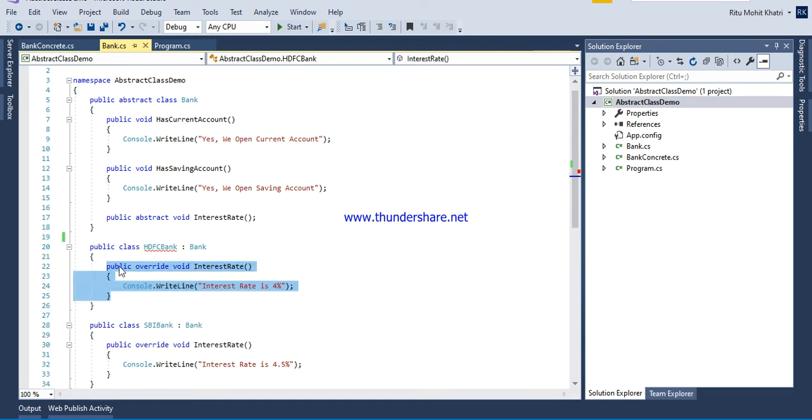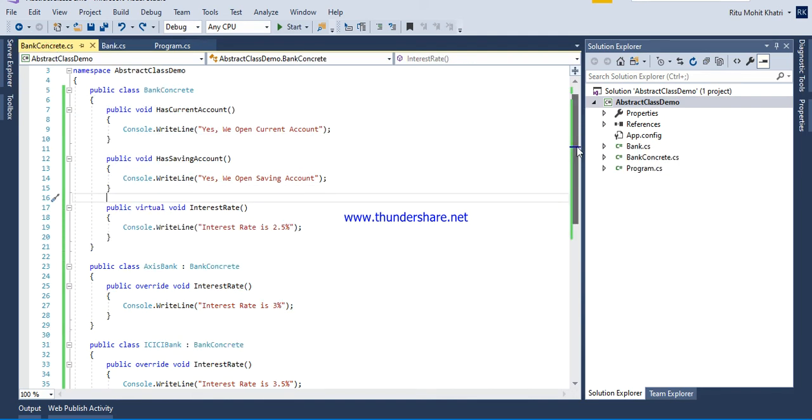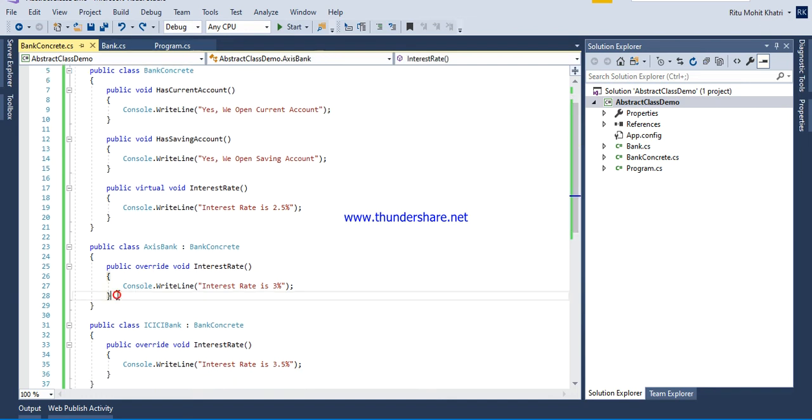So in that case you are always defining those methods in the child class, and you are also able to use the non-abstract method. But in the concrete class, somehow you forget to define the virtual method, to override the virtual method.